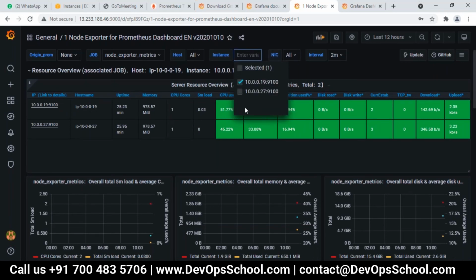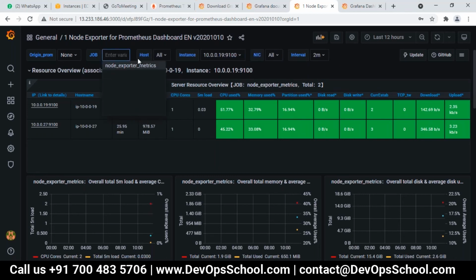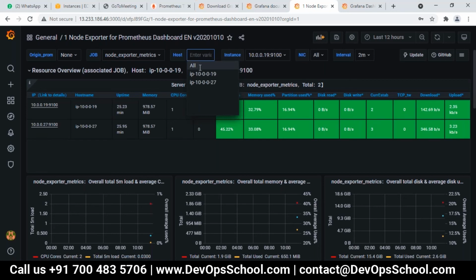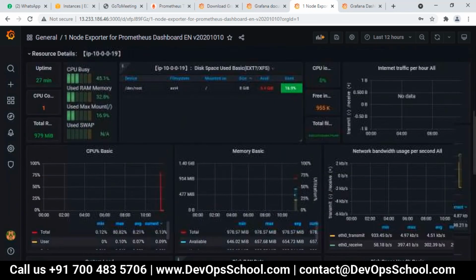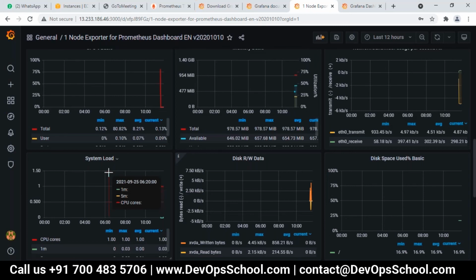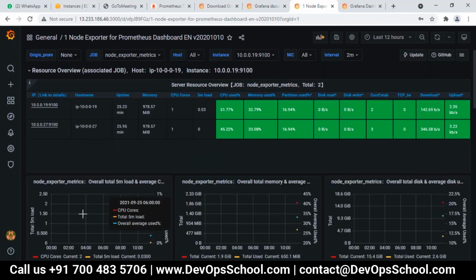Here, can you see the job name? This is the job name which we created in the YAML file, right? Here we have selected all hosts. That's why it is showing dashboards related to, like, we have selected the 19 instance.